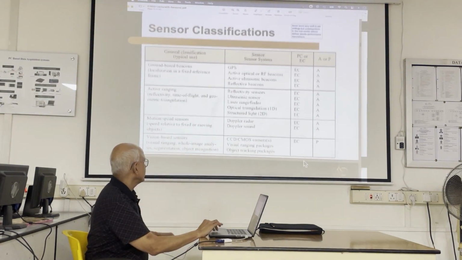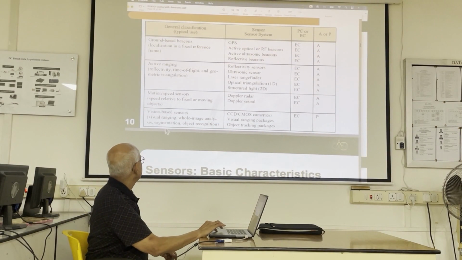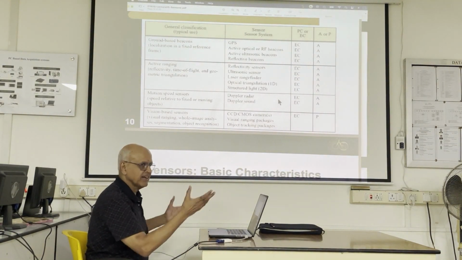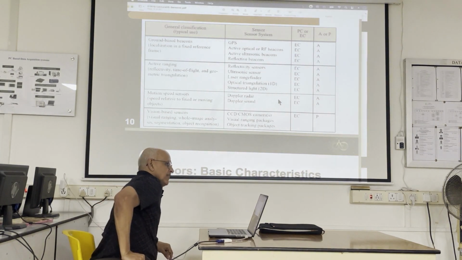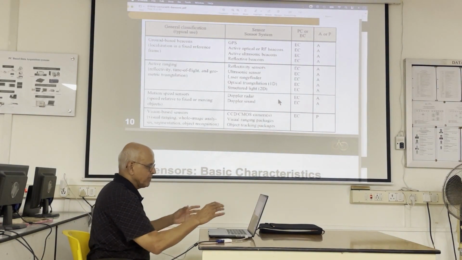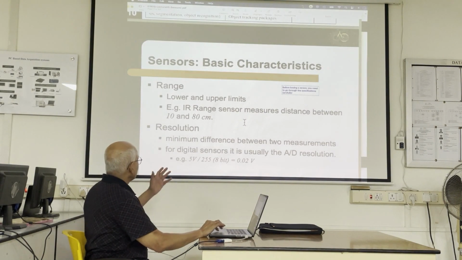So it goes on and on. There's many of them. Vision-based, speed. So here comes the ultrasonic sensor and the laser rangefinder. They're both exteroceptive and they're active sensors. So it's kind of nice to know. It's kind of nice to break down the world, or the family of sensors, into subfamilies. Okay, now, this is interesting because